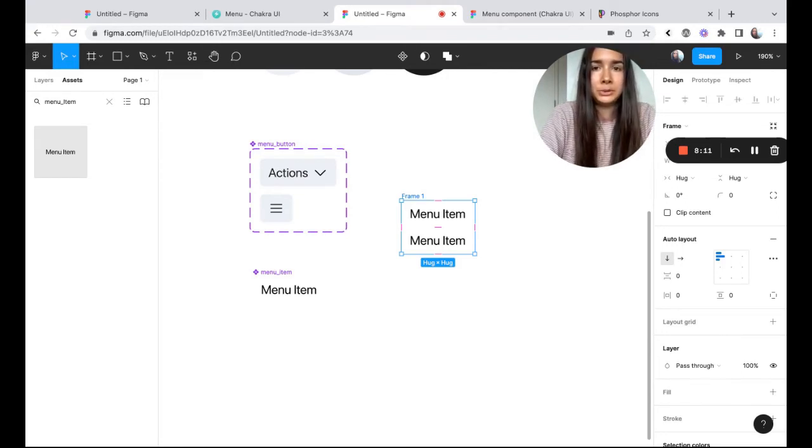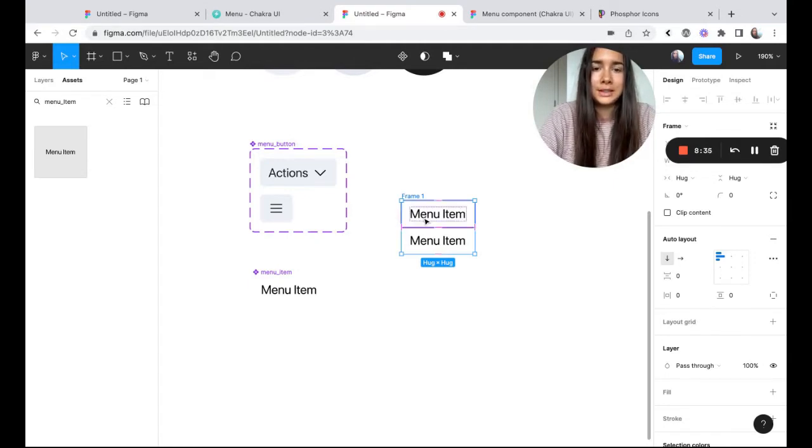In order to be able to do that, we would essentially have to create a component and then create a bunch of variants that are like 2, 3, 4, 5, 6. So it does get a little bit tedious, and you can end up with a lot of variants, but that's the way that we have to do it, at least for now. So that's what we're going to do now.